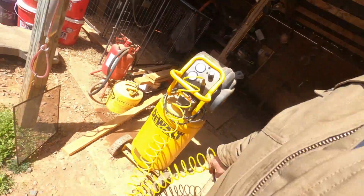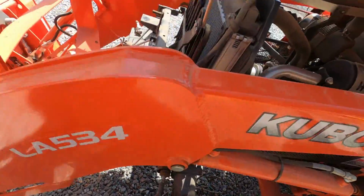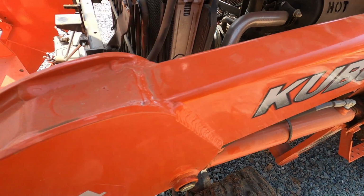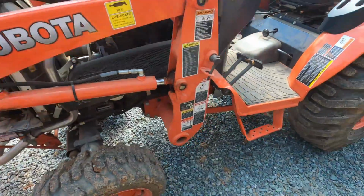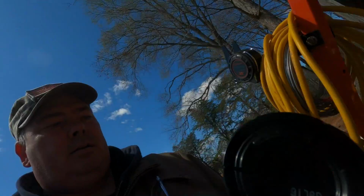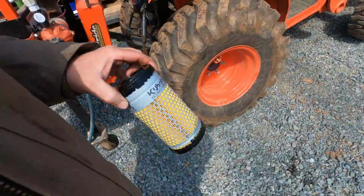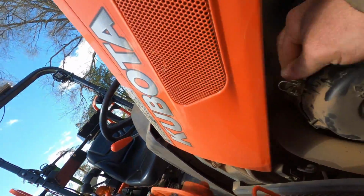We got it pretty good. We'll put this back in. You got to be careful with the radiator, okay? There we go. And now we're going to replace the air filter, and that's it. We're serviced. Now, let's see here. Brand new Kubota brand air filter. Let's set it right here. We just undo a clip there,